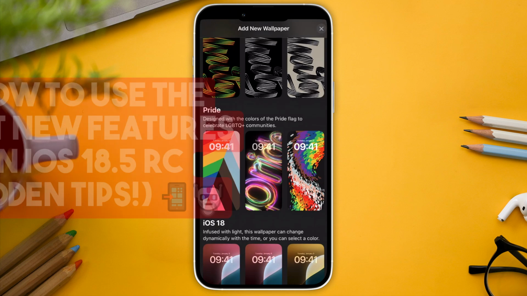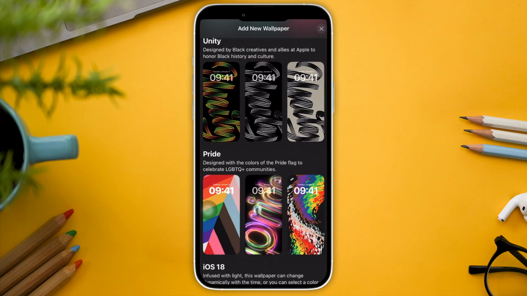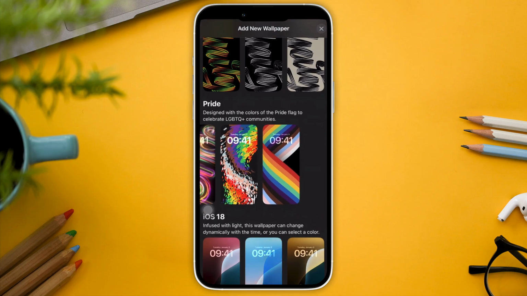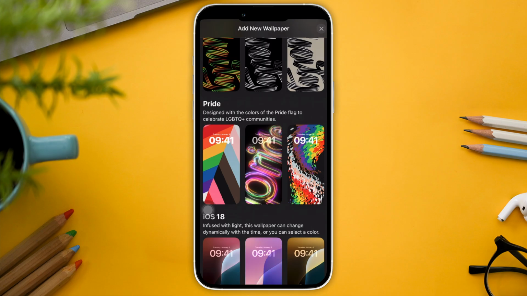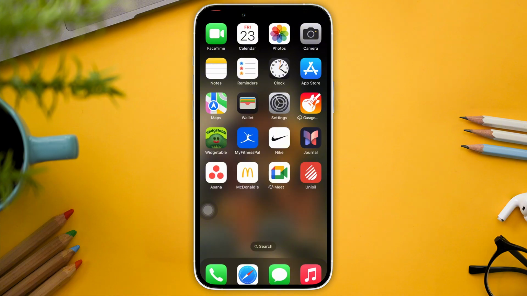So in this video, I'm going to teach you the best new features in iOS 18.5, starting with the Pride banner. As you can see right there, this is actually reactive on your profile. Moving back in here, let me just go back there. Perfect. Now, once you're on the main screen, the first thing you'll notice if you hold your